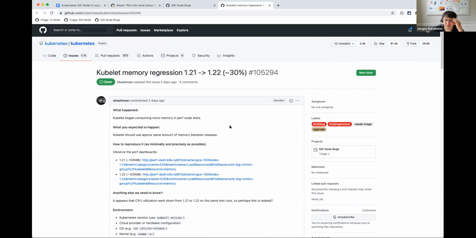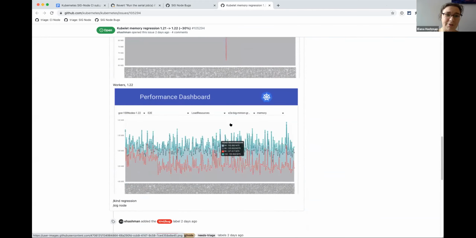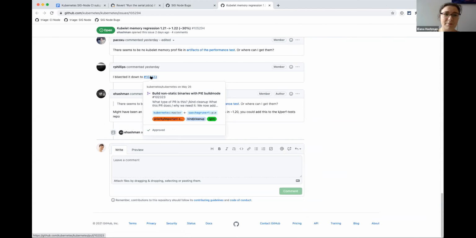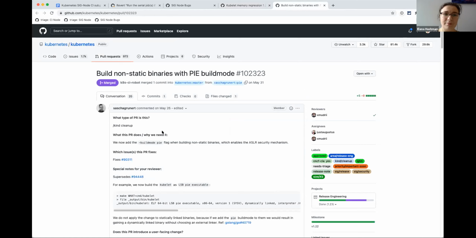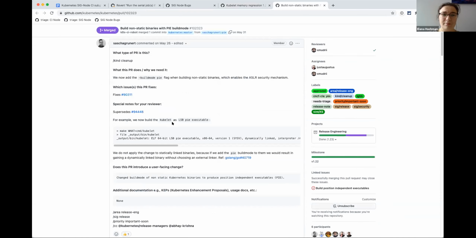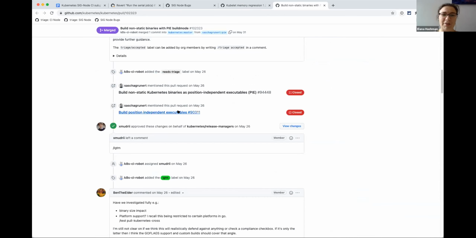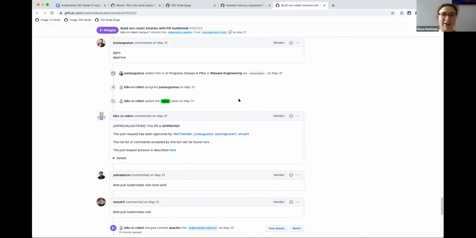And the memory regression. Oh, Ryan, I think, managed to bisect this. I think there's a comment. So this caused the size of the kubelet binary itself to increase. Someone suggested that maybe it's just that the code in memory needs more space.